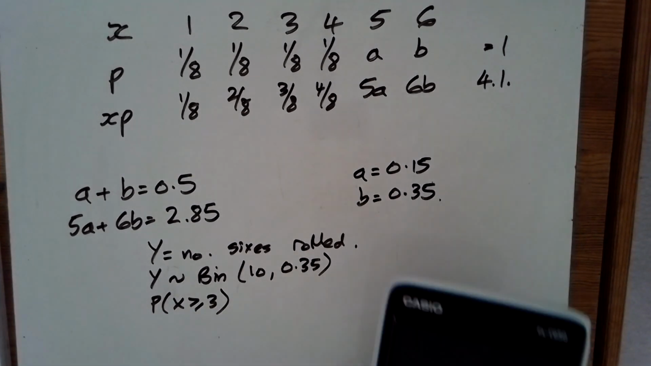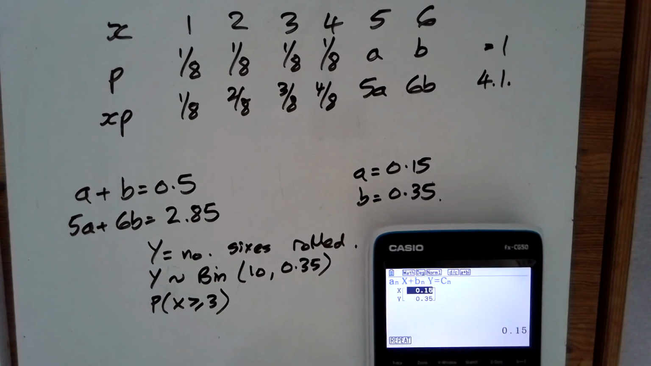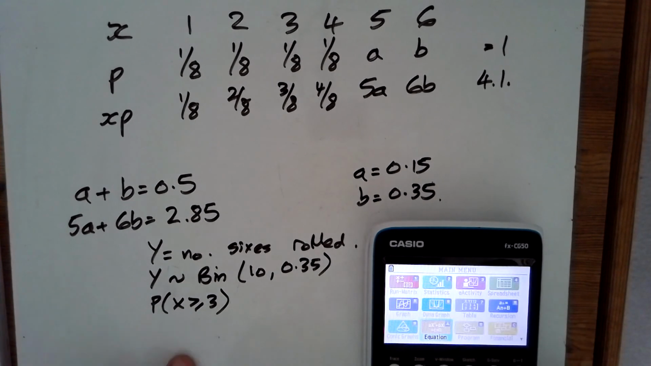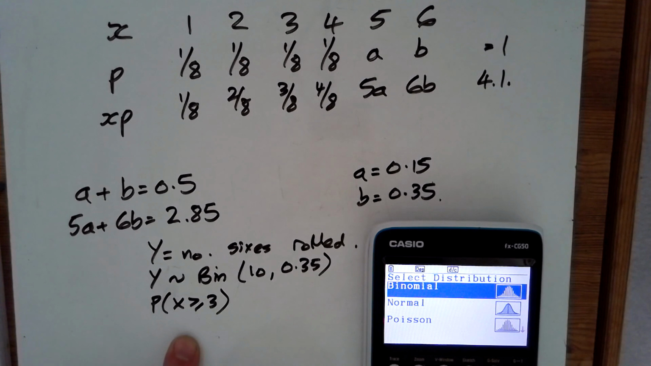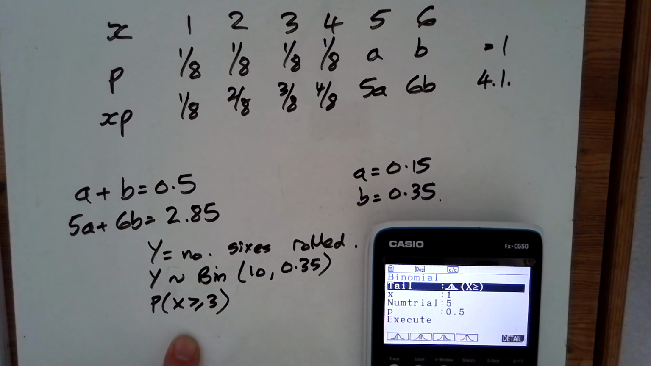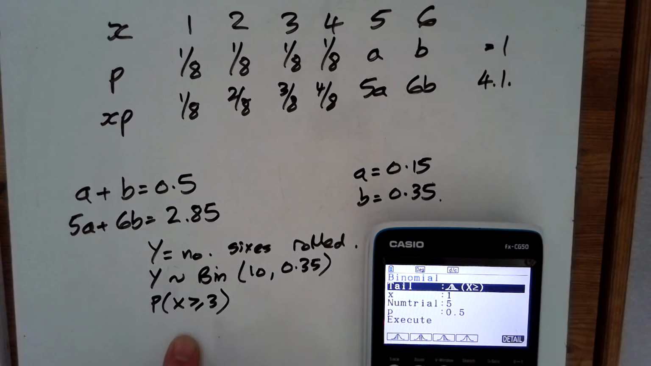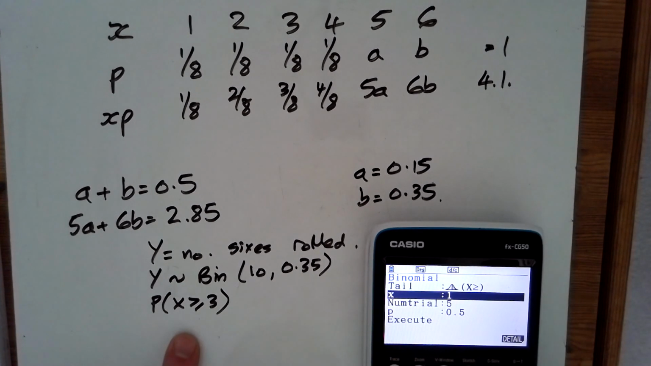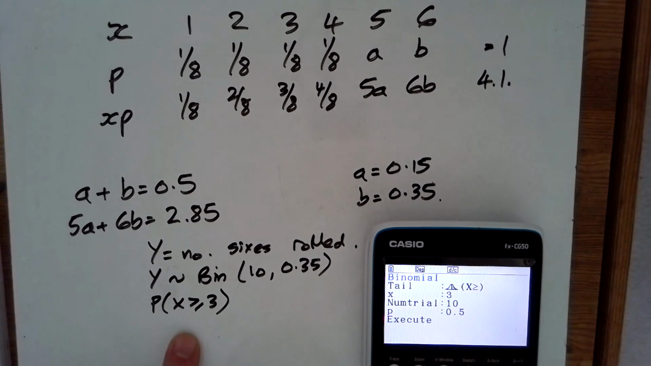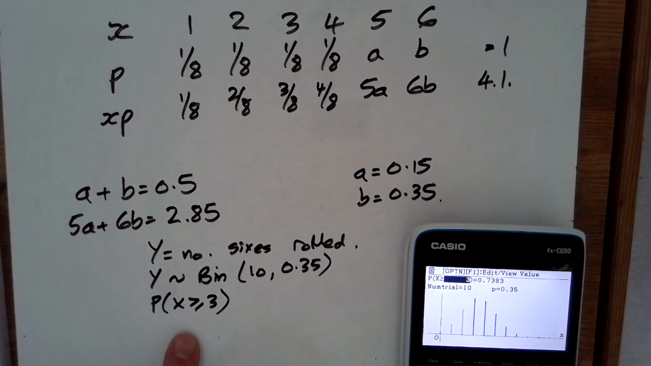And again, we have a calculator that will do that. So into our menu, we're going into our distributions menu here. The distributions menu for a binomial, and we want the tail greater than or equal to. Just check that is an or equal to. We want an or equal to as well. We want it greater than or equal to 3. We're playing 10 games, and the chance of getting the 6 was 0.35. And so it tells us that the answer is